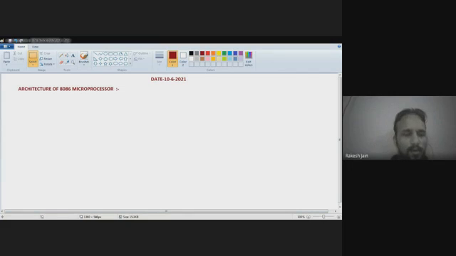The 8086 microprocessor is a 16-bit microprocessor in which the data bus is 16-bit. If you talk about the basic architecture of the 8086 microprocessor, remember first that it contains two major blocks, two major units, for its operation. One is known as BIU, the bus interface unit, and the second one is known as EU, the execution unit. So there are two major blocks in which the 8086 microprocessor works. First of all, I will draw the architecture.